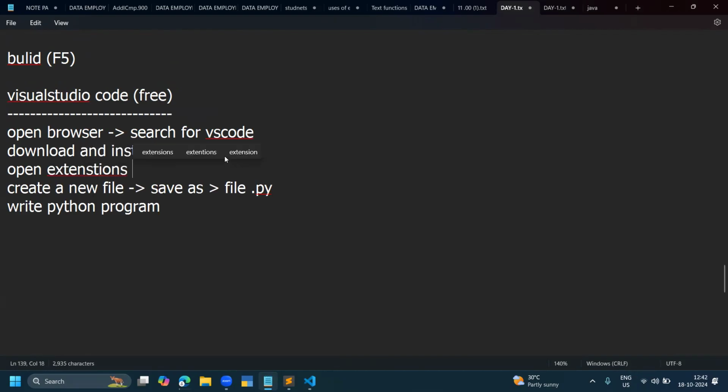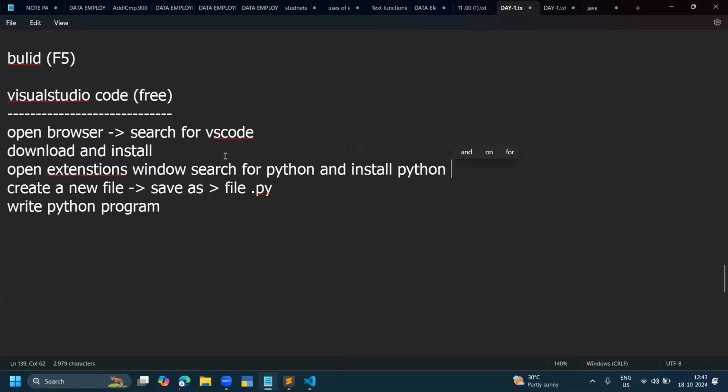Search for Python and install Python extension. After that, create a new file, save as file.py, write Python program, then click on play